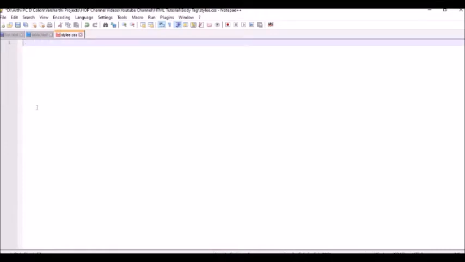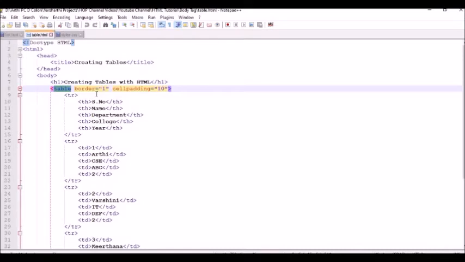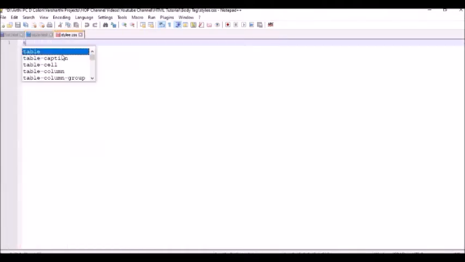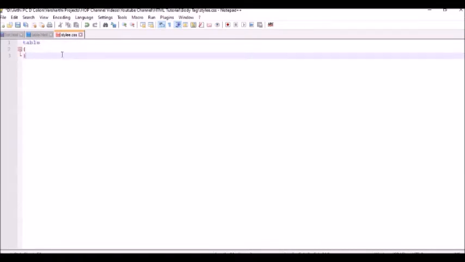So let's add CSS properties to your table tag. In this particular table tag we didn't define any attributes, so I'm going to use the tag name itself for defining my CSS properties. So let's have table inside it. This is the way you should define your CSS. I have used my tag name table.